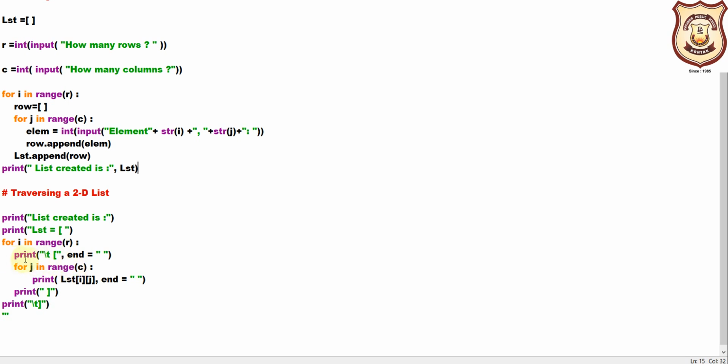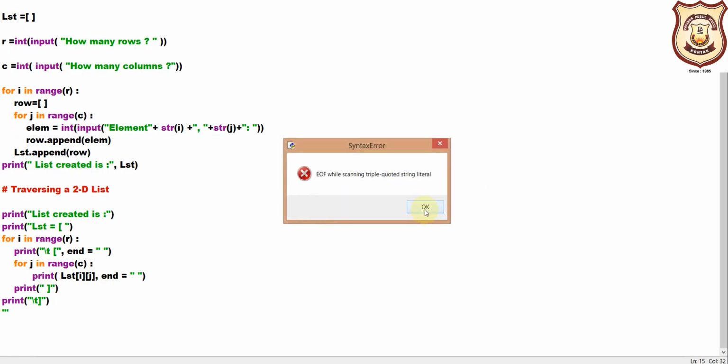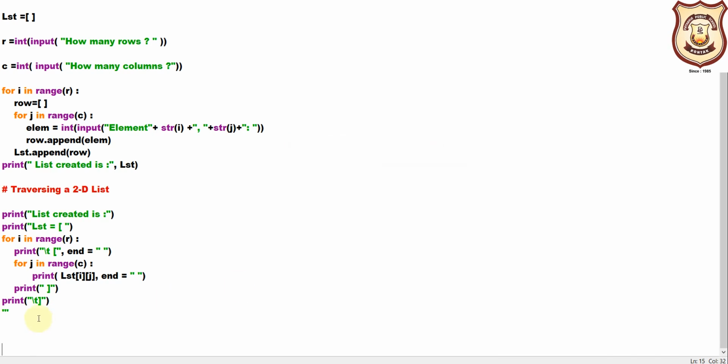When the first row gets entered, this is for the execution of the first row, and this is for the execution of the columns of this particular first row. We are just printing it out, nothing more. We are giving a print command so that the elements inside this list will get printed out. Let me run this so that you may have an idea how it will work. Let me remove it, and now I'll be running.